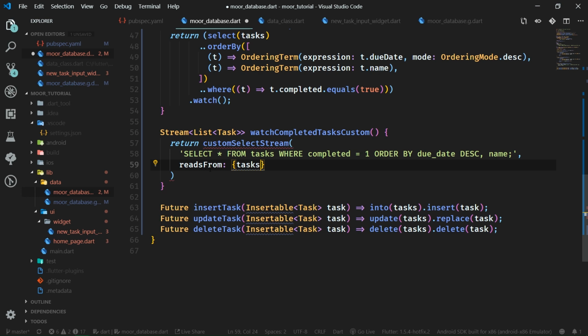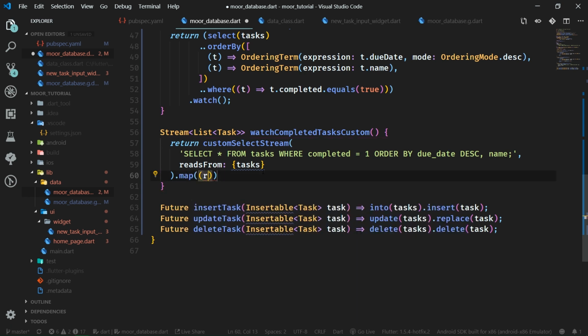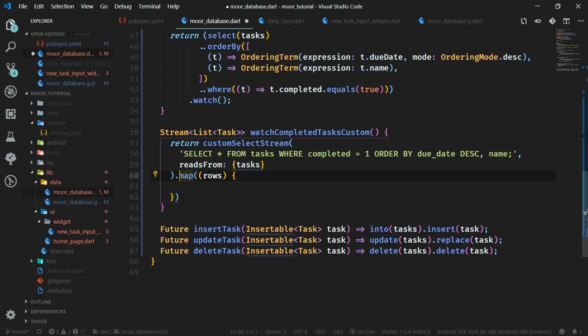So whenever the tables inside the reads from set are updated, this custom select stream will run again and it will emit new values, which is precisely what we want from a stream. And now on this stream we want to map all rows of this query. So this map is called on the stream and it will run every single time that new values are emitted. And inside this map rows, we want to return rows, which are the rows returned by this query, dot map again,